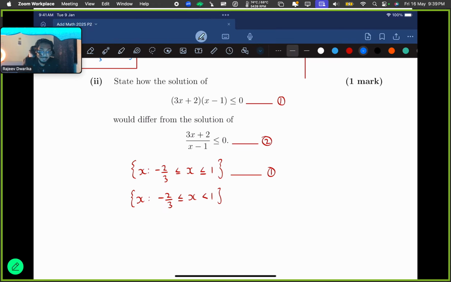What you were supposed to say is that solution 1 contains 1, whereas solution 2 does not include 1. Right? So solution 1 includes 1 in the solution,